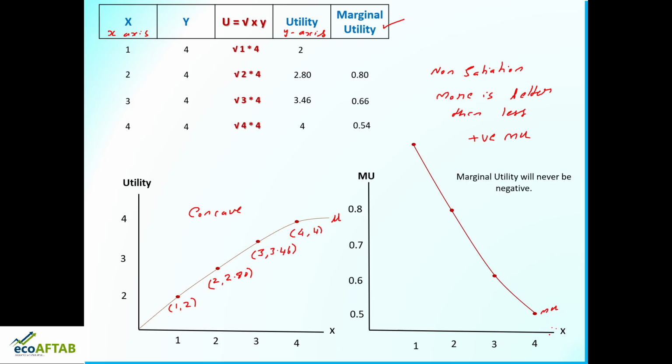You can see the same graph we understood in the law of diminishing marginal utility, but there we used a simple table. Here we are making use of something called a utility function. We are making use of mathematics, especially the concept of function, to understand total utility and marginal utility based on the assumptions of preferences. I hope you understood this. Now, if we move ahead, let us see what is waiting for us.